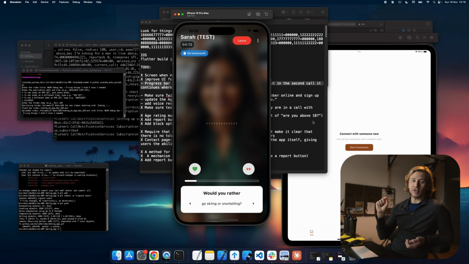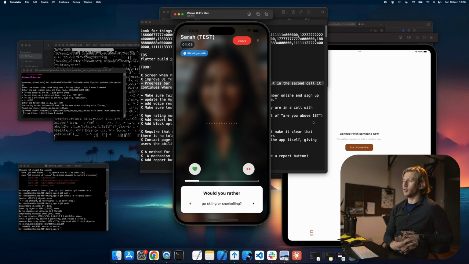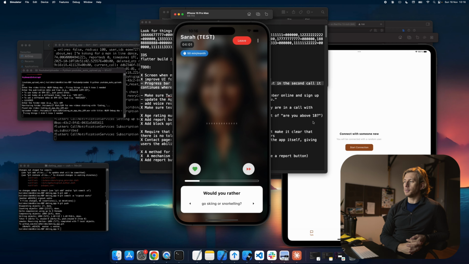So every person that you talk to, you'll just see them straight away, which obviously shouldn't be the case. They should always reset so that you don't see who it is you're talking to at the start of the call, essentially. So now we just wait for this to track.